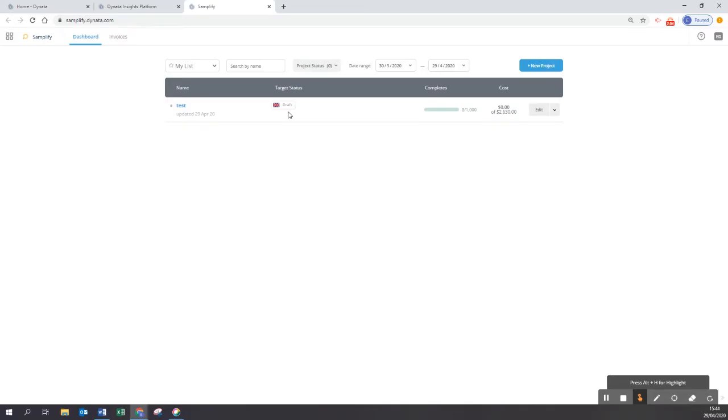There are two types of dashboards which we have here, and these two are indicated here on the top left. We have the dashboard and the invoices. The dashboard is simply called dashboard, even though this is, technically speaking, your project management dashboard. All of the projects which you have set up or which your colleagues have set up will be on this